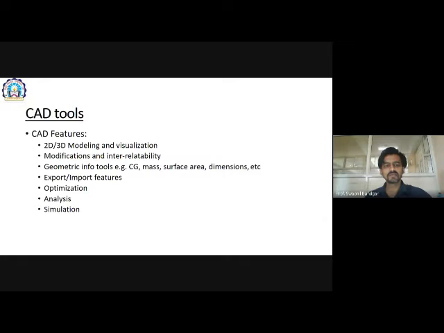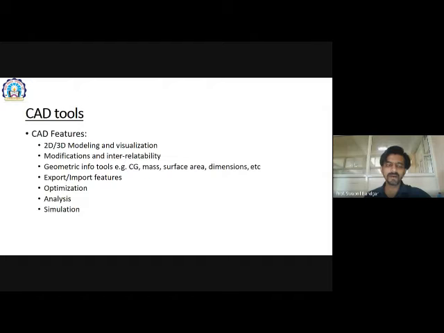Then there are the export and import features. These are again very important, because no single CAD tool is sufficient to take a model from concept to finished good.